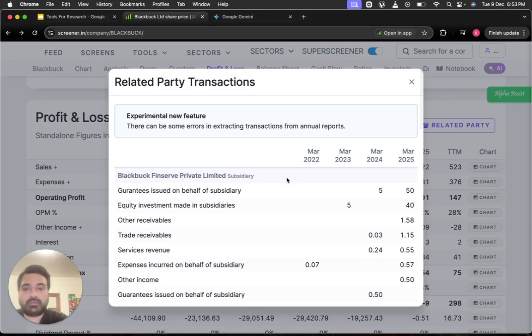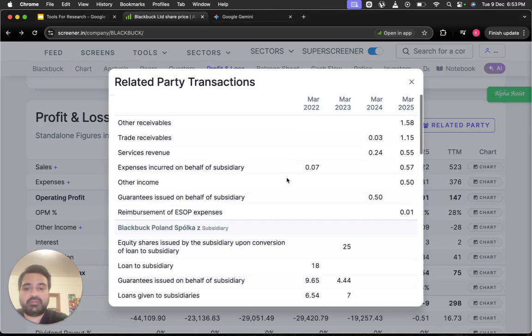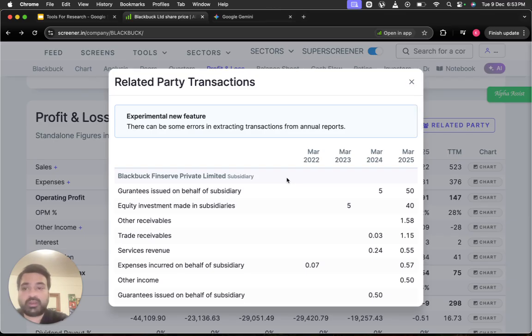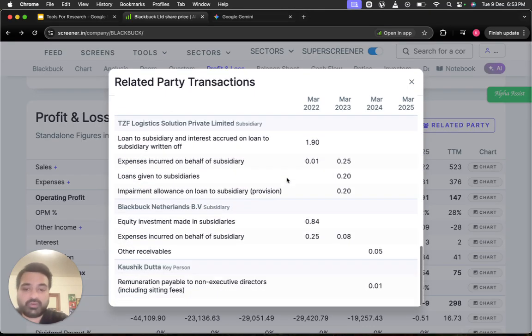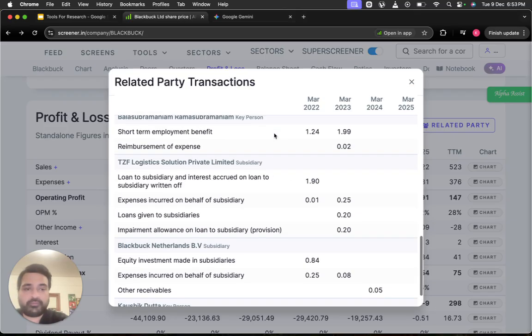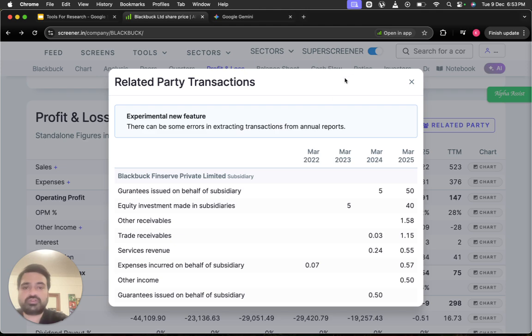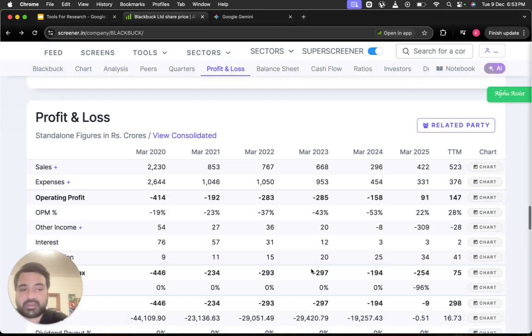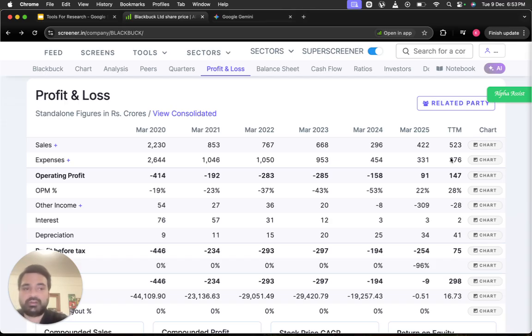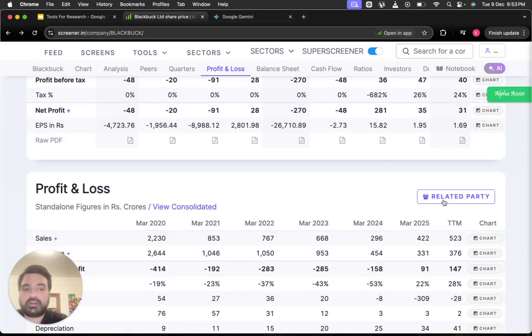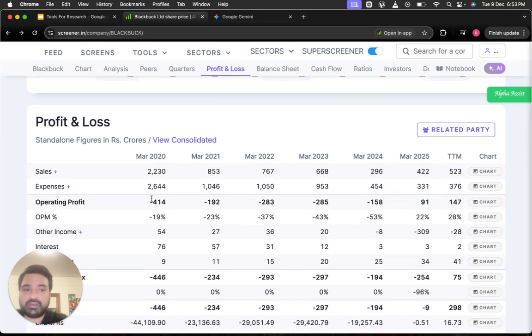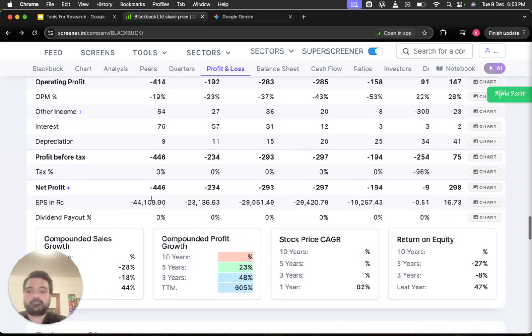basically shows us what guarantees have been given, what the promoters are drawing out from the company in forms of salary, if they have any private limited companies that the public enterprise does any business with. All that has to be perfectly well disclosed here. So you know of all the compensation the promoters draw, any business they're doing with their own private enterprises, all of that should be available in the related party section. If you want to look at it in a more detailed way, rather than screener, you go to the annual reports. They have a related party section there, and you can study it there.